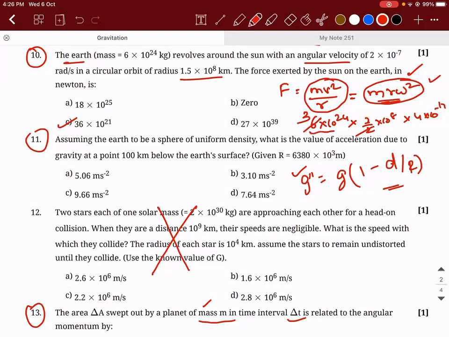So you take all the values given in the question and substitute it here. Then 6 into 3 by 2 into 4, 2 and 6 will get cancelled 3 times. So 3 into 3, 9, 9 into 4, 36. So I saw the option 36 and I put a tick across it.